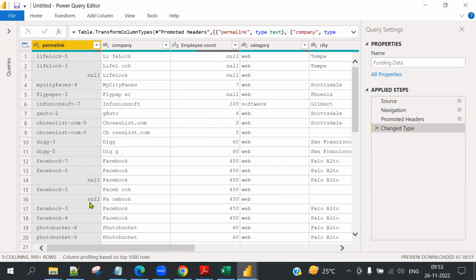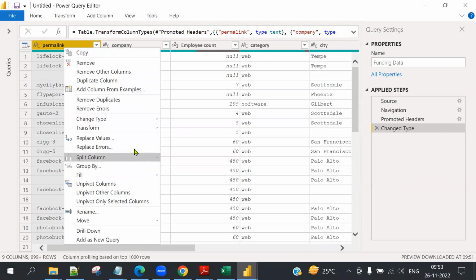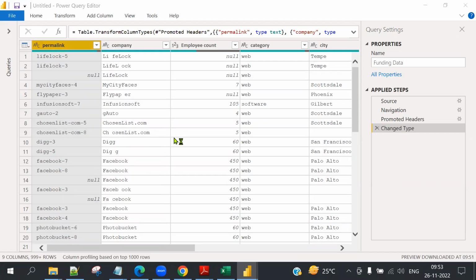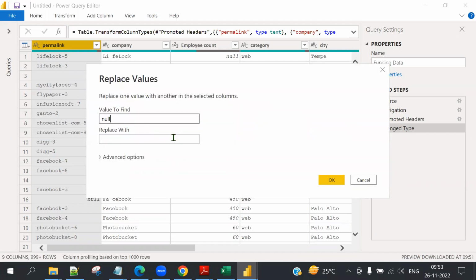First one, null, clearly showing you. What is null? No value. Null means unknown value, not placed value. It indicates unknown, not placed value. Right click, replace values. I will replace null with something like unknown.